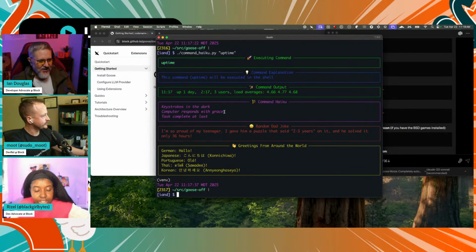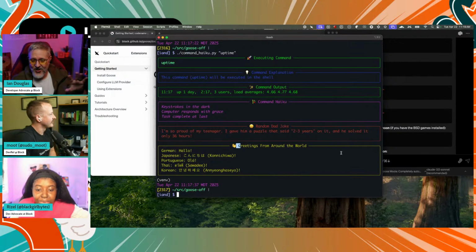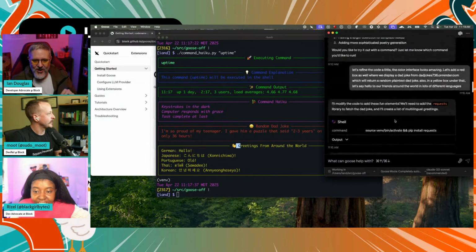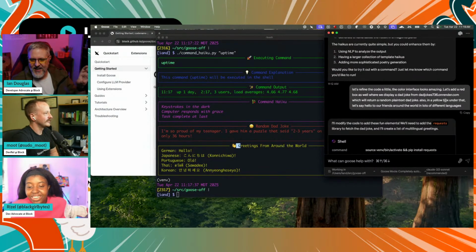The actual output, the command haiku, it put a little piece of bamboo in here. The random dad joke, it put a little laughing face, and then greetings, it put a little wave emoji. Oh, that's cute. I didn't tell it to do any of this. All I told it was, here's my updated prompt. I said, let's refine the code. Color interface looks amazing. Let's add a red box where we do a dad joke and a yellow box under that to say hello to our friends.